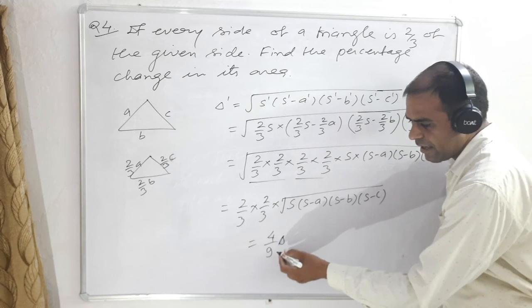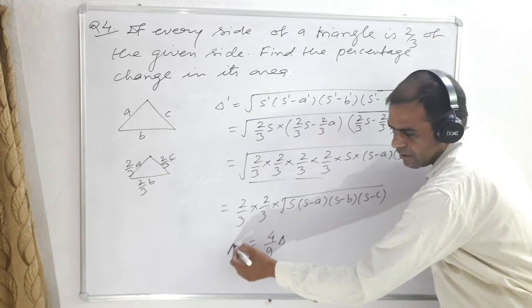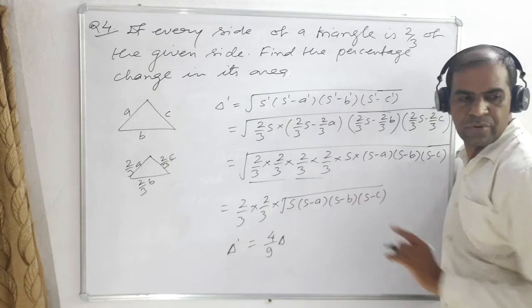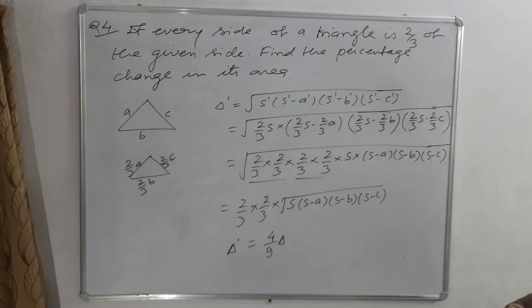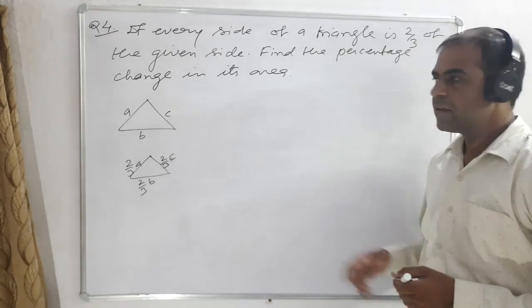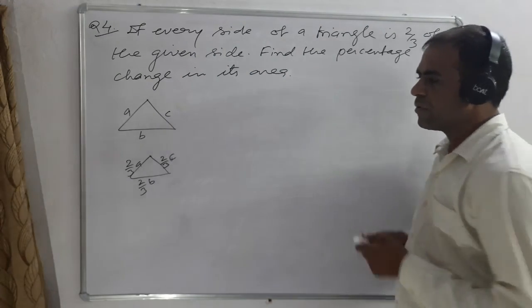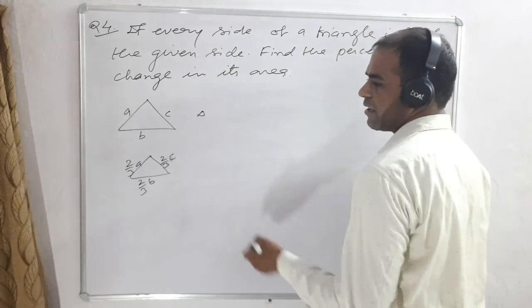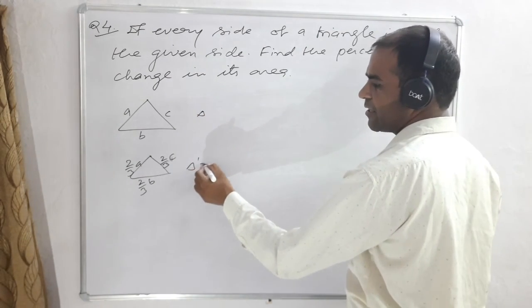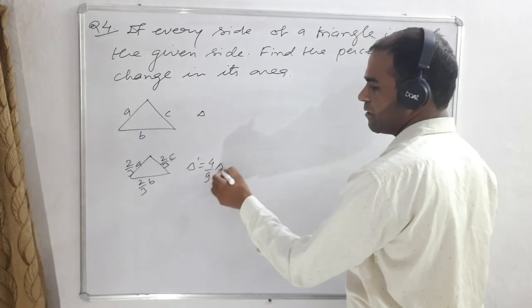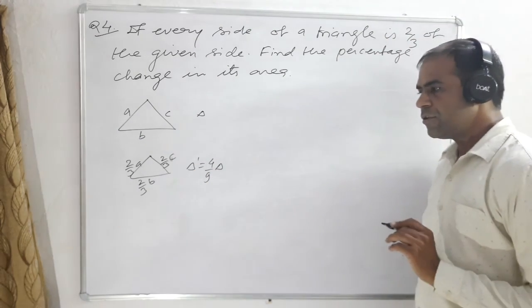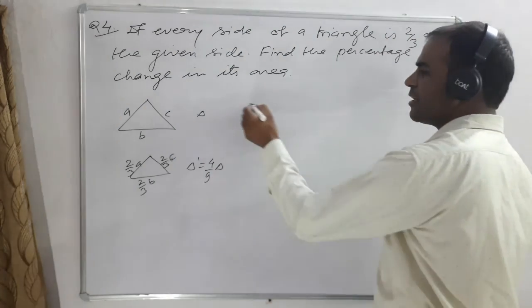So 4 by 9 del is the area of the new triangle. Here del is the area of the given triangle and del dash, which is 4 by 9 del, is the area of the new triangle. Then the decreased area